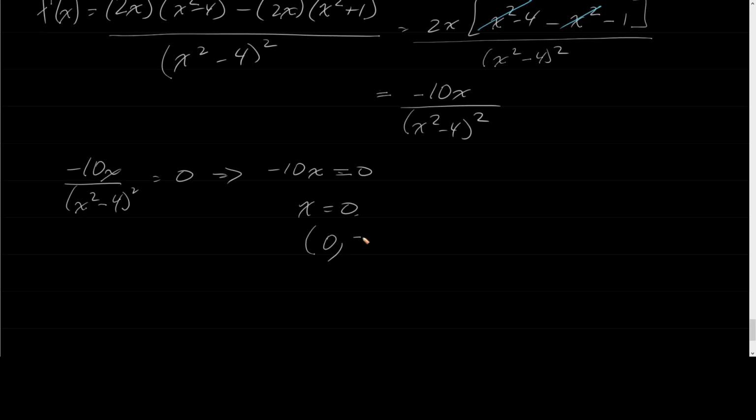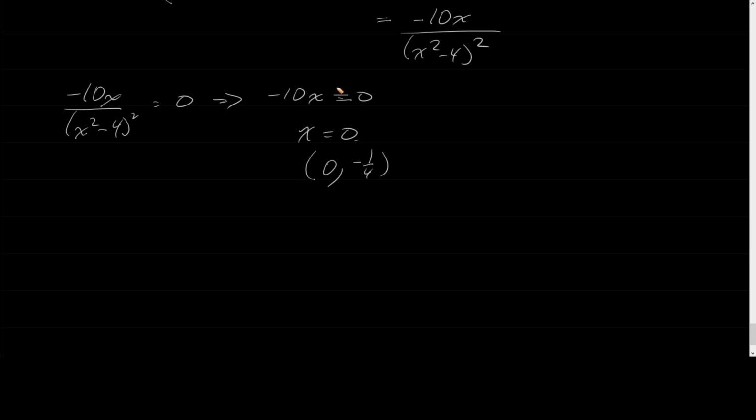So there it is. That's the point that it gives me. Now, along with the critical points, we have to test for increasing and decreasing, and we're testing around 0 in the first derivative. Notice that the denominator is something squared, so irrelevant of what happens inside, even if x squared minus 4 is negative, since I'm squaring it, the denominator will be positive. So when I plug in something like negative 1, I just need to look at the